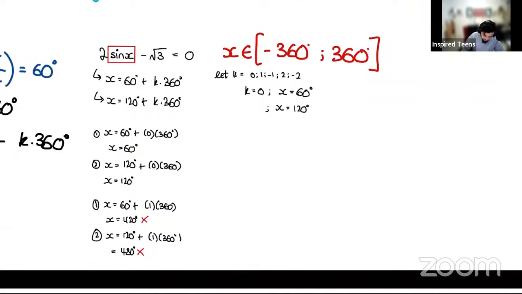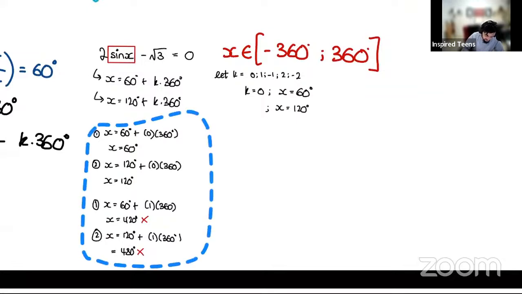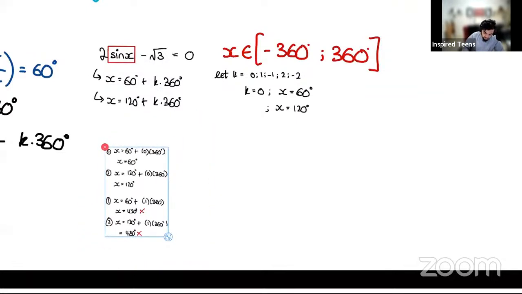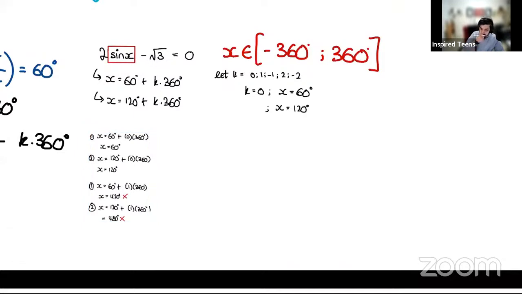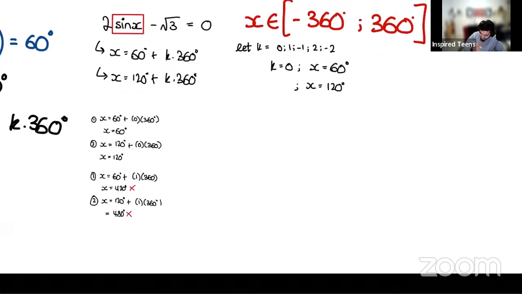So you try -1. Okay, again, please, all of these calculations that I just showed, you don't have to do this, right? In fact, don't do it. You need to get used to just doing it straight in your calculator. I'm just writing it so that you guys can understand what I'm doing. So let's try -1. So here we tried 0. Here we tried 1. Now we're going to try -1. Okay, so in equation 1, I have X is equal to 60 plus -1 times 360, which basically becomes 60 minus 360.